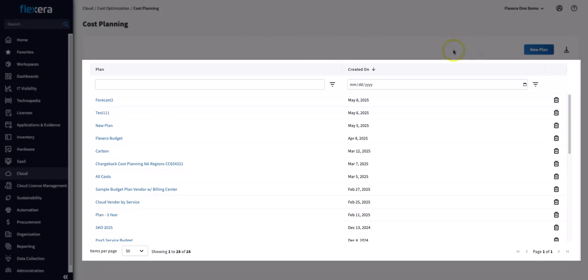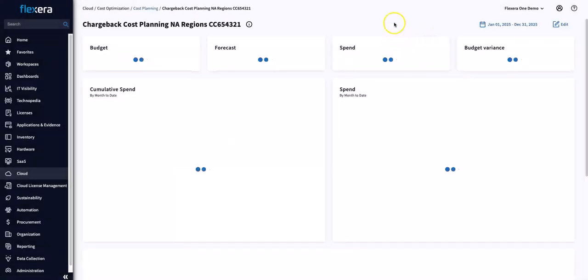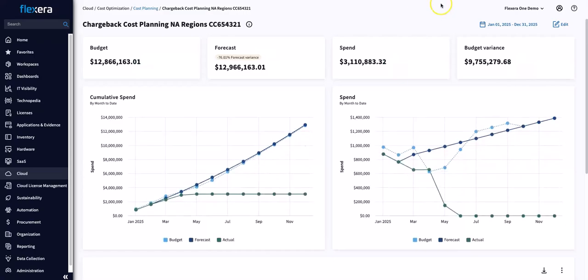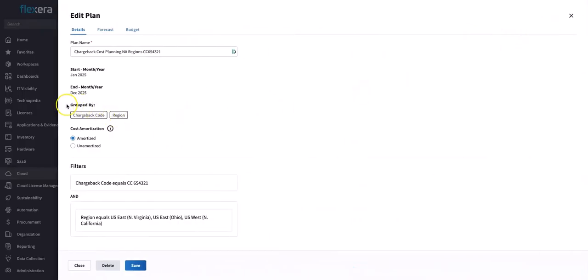The sky's the limit. Picking on this specific chargeback code plan as an example to begin with, you can see that we've gone ahead and we've built this based off of specific groupings, chargeback code and region. Now, this is going to be similar to any cost center plan you might build, and you'll see here that we specifically picked North American regions, and that's because this is a worldwide chargeback code. Once we have gone ahead and grouped these specific environments and decided how I'm going to filter into these groups,